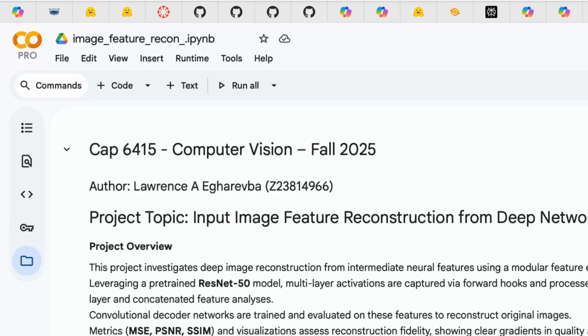The topic of my project is input image feature reconstruction from deep network, or you could say input image reconstruction from deep network features. Reconstructing input images from intermediate neural network features provides insights into what information deep models preserve at different depths or